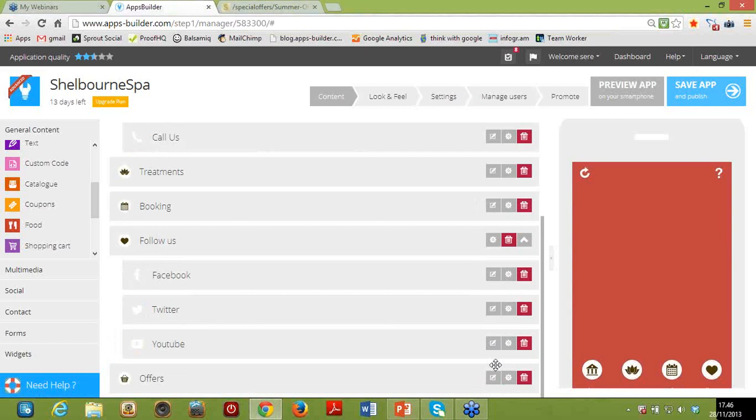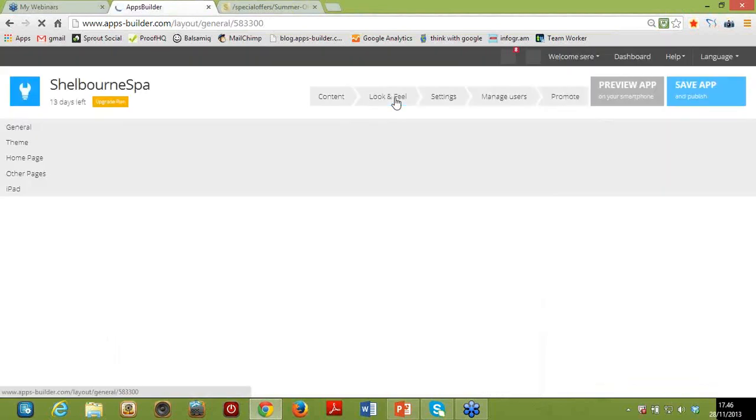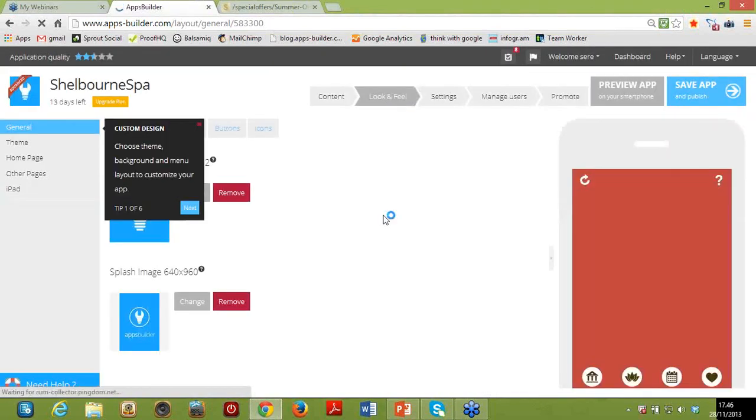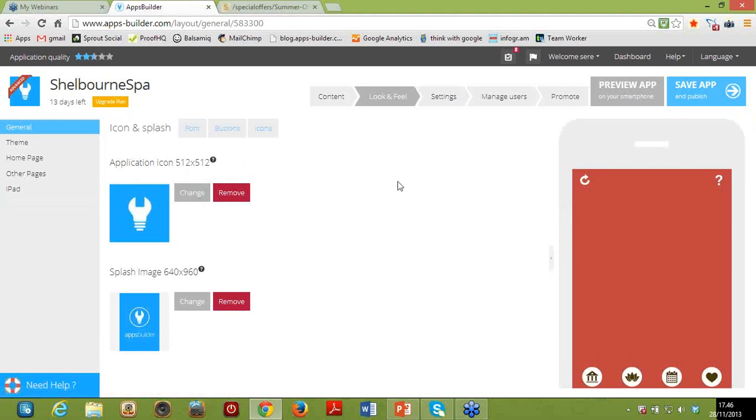So as you can see, once you get familiar with the procedure, it all gets a little bit automatic and very intuitive and fast. Alright, so I can now move to the look and feel section where I can further customize my app design and make it more consistent with my company's design, for example. The very first thing that you'll be asked to provide are an application icon and a splash image. These two elements are compulsory if you want to submit your application to major app stores, but apart from the app stores, you should keep in mind that